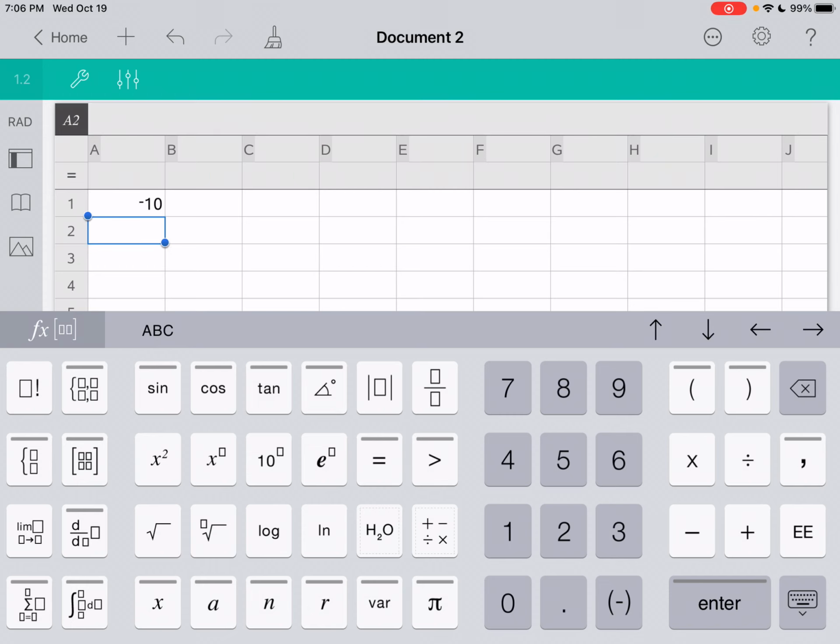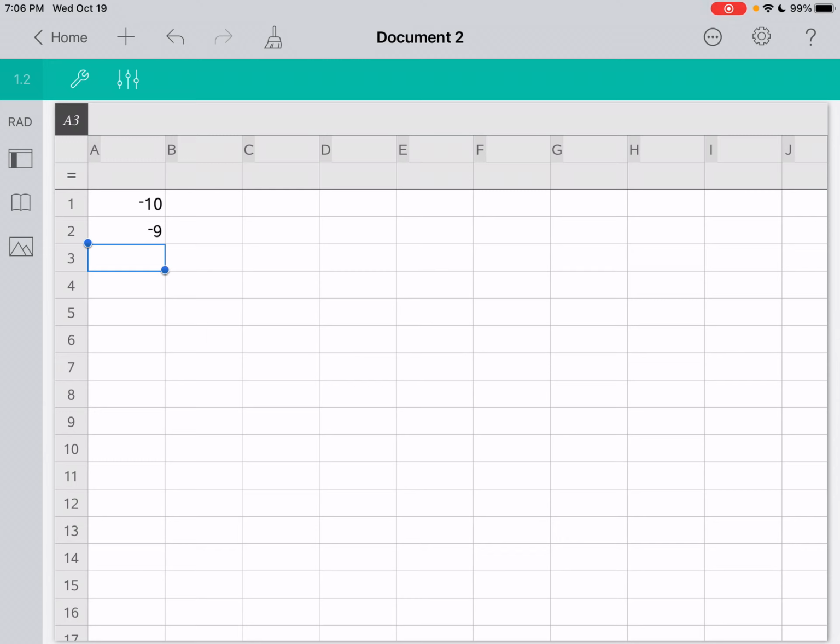And then let me show you guys, you could type these numbers in manually if you wanted, but I'd rather do this one with a formula. So I'm going to type in a function here. I want cell A2 to equal the previous cell, which was A1, and then I want to add 1 to the value of that cell, which is negative 9. Okay, that wasn't bad. And the reason I did that rather than just manually typing in negative 9 is now